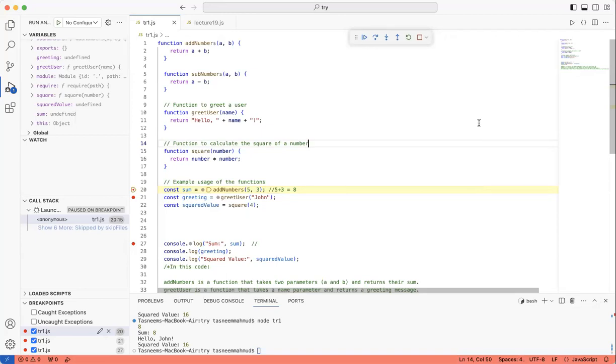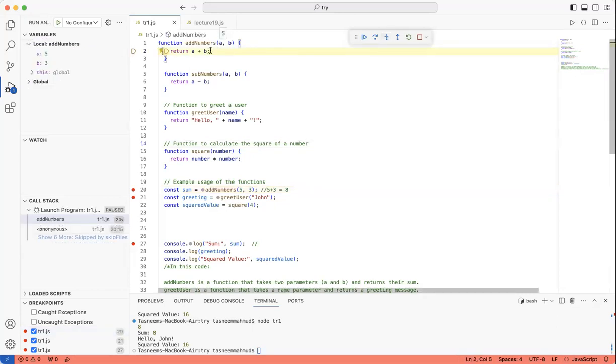So do we actually know if it's adding it correctly? No, so we have to step into the function. We have to see what the function is doing. So for this, you see this button over here. This is called the step into button. We click on this and it takes us to the relevant function. In this case, it's add numbers. And on the left side in variables, we can see that the values have been passed correctly. So 5 goes to its respective variable, which is A, and 3 goes to its respective variable, which is B. Does that make sense?